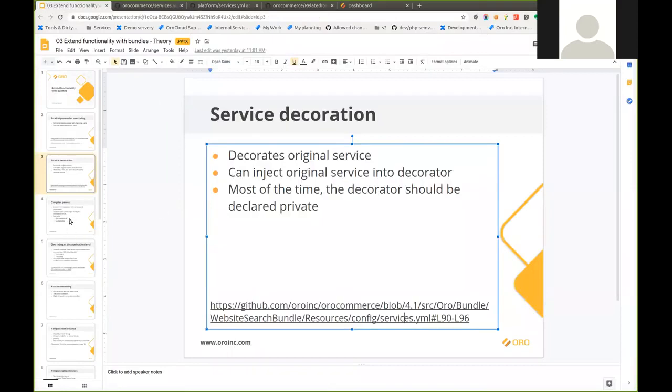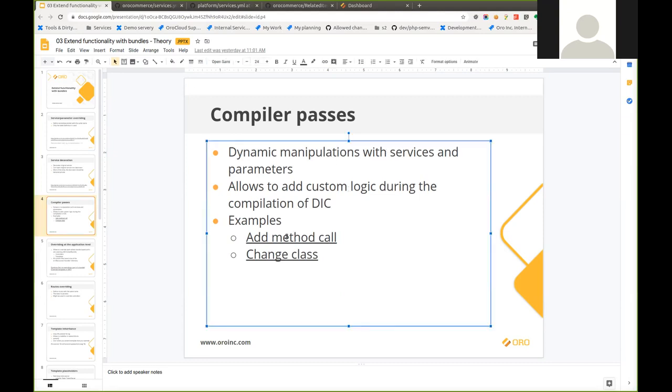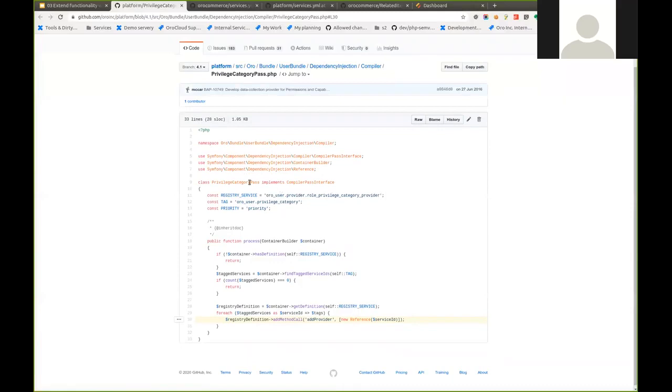The third possibility here, this is the most complex. It's called compiler passes. This helps you to manipulate the services and parameters after the container was built. So I created the container, all the services were already analyzed and built, and now I can modify it. For example, I can say, hey, add a method call to this specific service. Okay, so actually let's check this